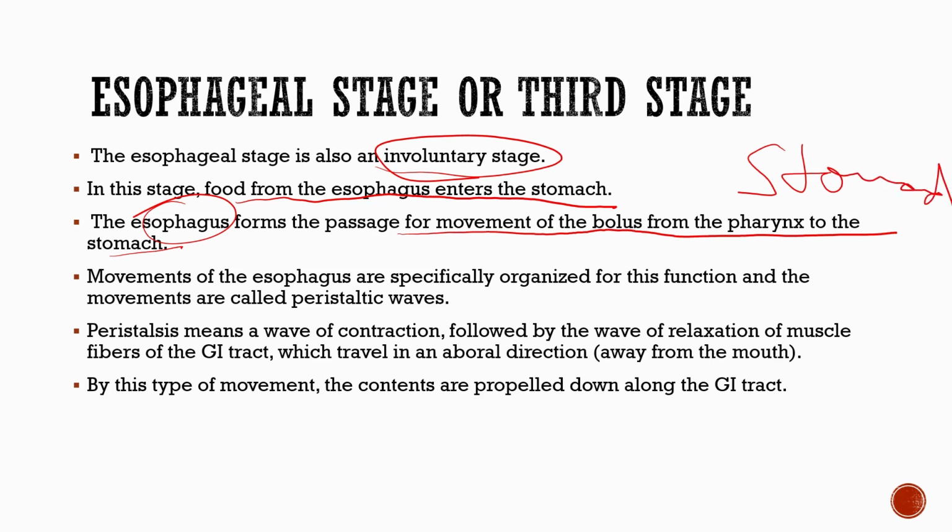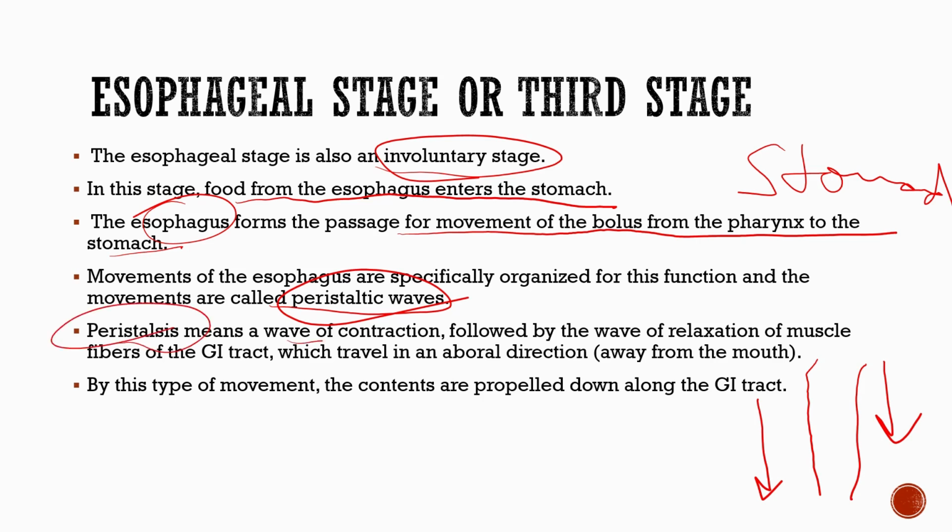Movements of the esophagus are specifically organized for this function, and the movements are called peristaltic waves. So it happens like this: this is your esophagus, and the peristaltic movements are like this. If you see a video on YouTube or anywhere else, you will find it very interesting how these movements work. Peristalsis means a wave of contraction followed by a wave of relaxation of muscle fibers of GI tract, which travel in an aboral direction. So, first of all,